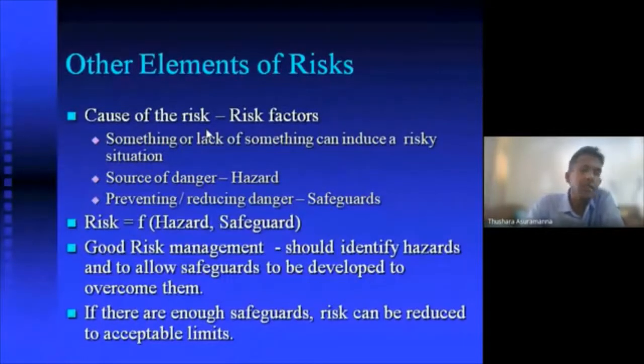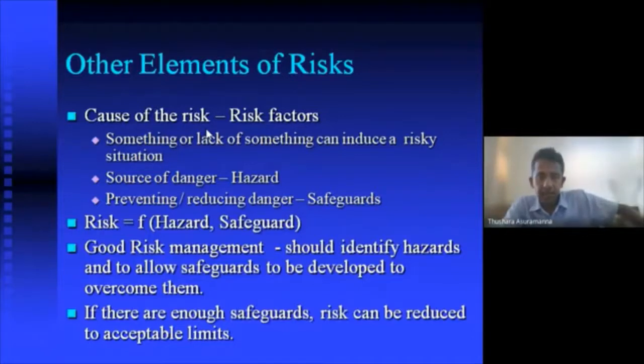Other elements of risk: cause of the risk, factors, hazard, and the safeguard. In risk management, what we are trying to do is identify these hazards and allow safeguards to be developed to overcome them. That is what we call risk identification and risk mitigation. In lending, what we are trying to do is, using the 4 pillars, if it is positive, those are the mitigants. If it is negative, those are the hazards or the risk. So we try to use the mitigants